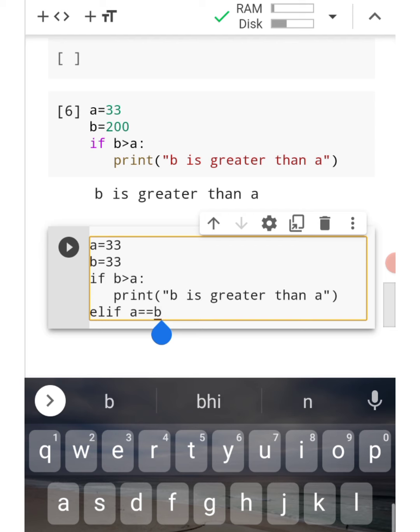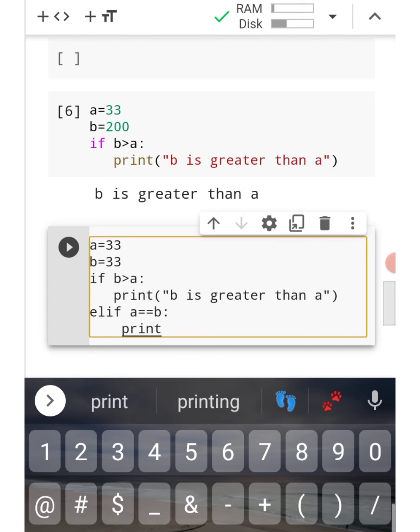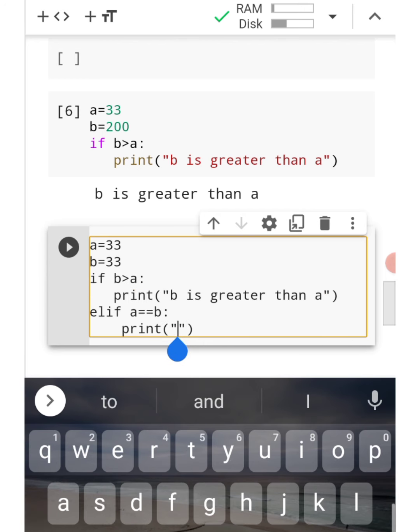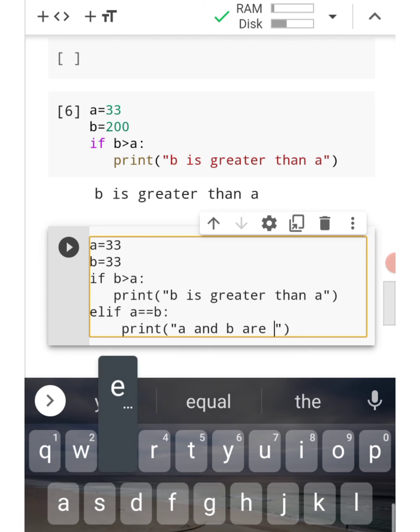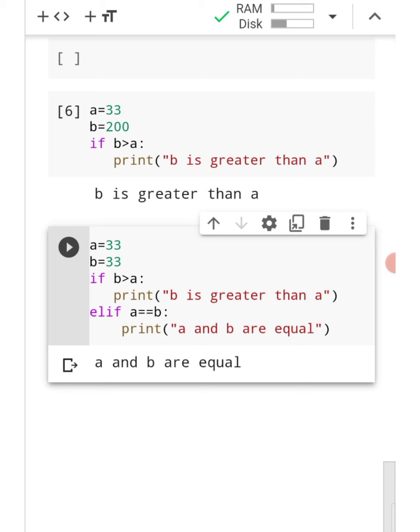Now with the indentation, we have a space, and then we print the message: a and b are equal. So we can see the coding of elif here. This will run the elif if the previous condition was not true, so the elif part is checked.